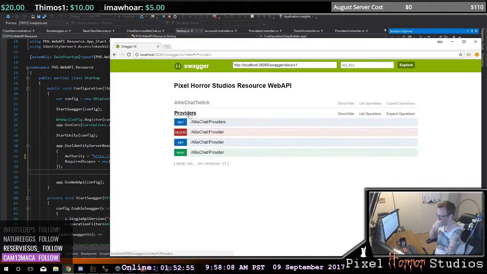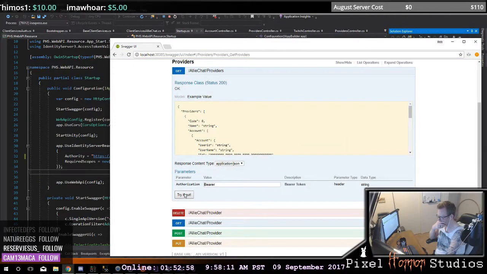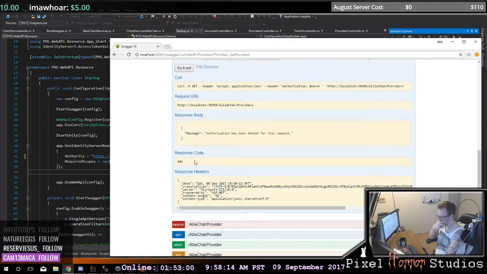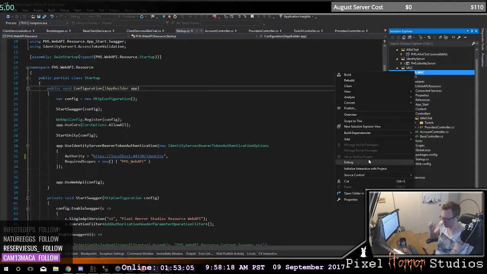And now when I look at providers, it should tell me that it is forbidden without this token. 401, authorization has been denied. And now if I run the MVC,